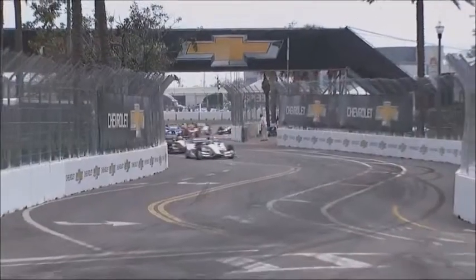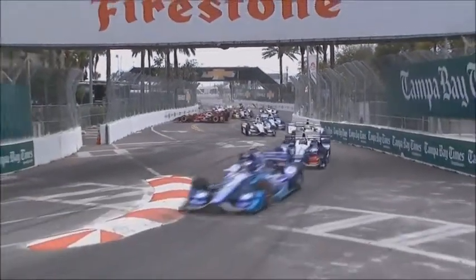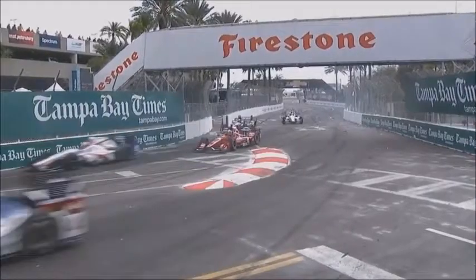So to see if we can get some repair done to that and get back onto the racetrack. Look how bumpy and narrow this is, and plus they're on cold tires. You can see the collision happening back there already. Graham does a great job of keeping the car pointing forward. Unfortunately, it is stalled. The other drivers around there taking